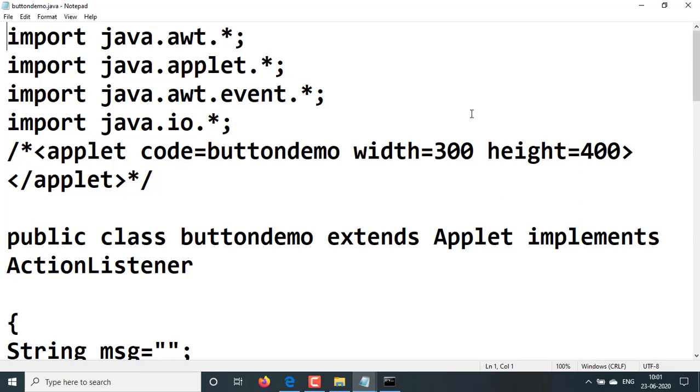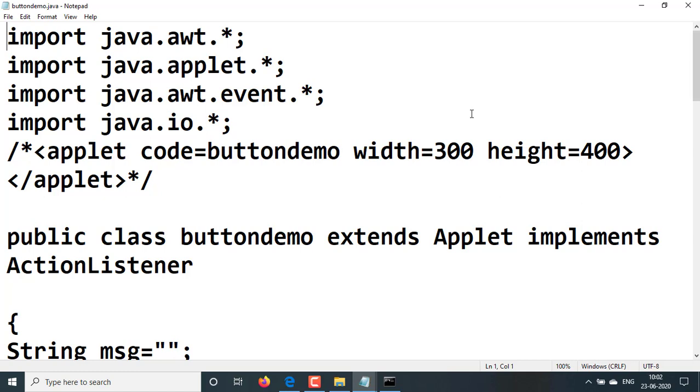Support for the AWT controls is provided in the AWT package, so we need to import it first, like this: import java.awt.*. Second, we need the support of the applet, since we are subclassing Applet, so we import the applet package like this: import